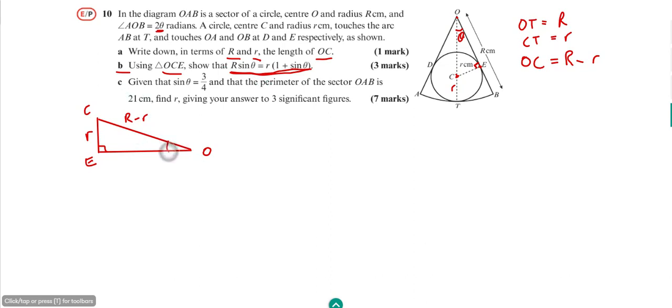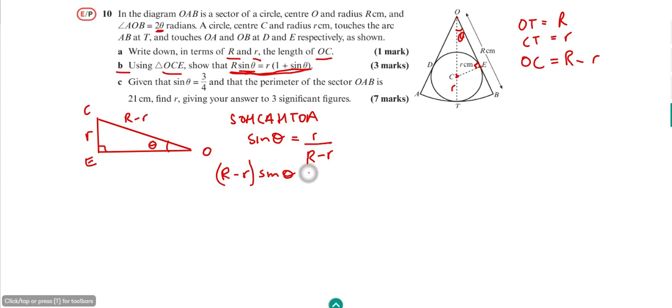So we know that if we look at theta, and we consider that's theta there, and we consider just basically SOHCAHTOA, we can see that sine theta, which is what we've got in this expression, is the opposite, which is small r, over the hypotenuse, which is big R minus small r. So if we multiply through by the R minus r, we're going to get R minus r times sine